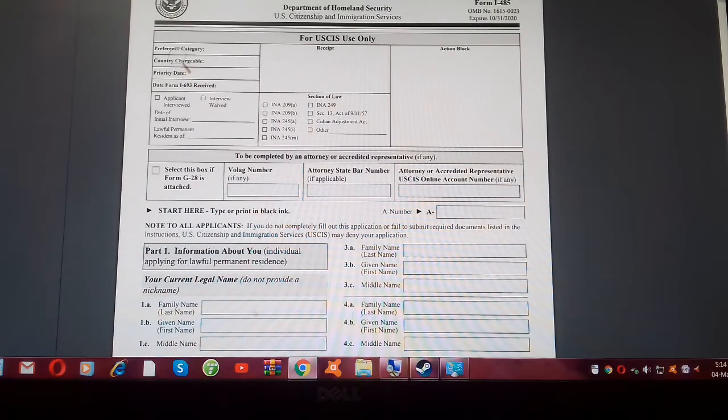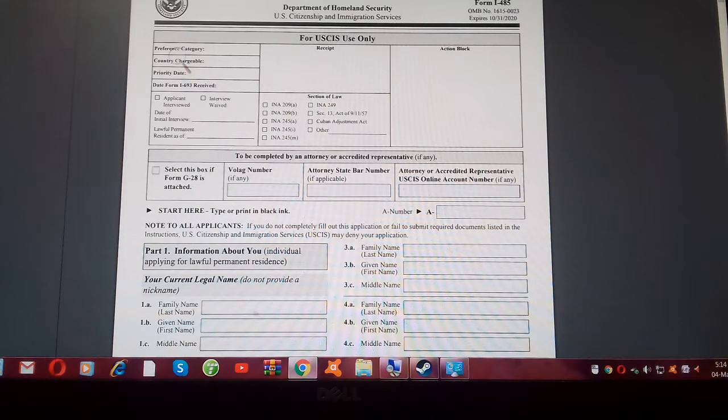Next one is the employment based immigration process. In this process also you will get the green card, but this is a very long process. 5 years it will take, right? And after that you will get citizenship also. Next one is the green card lottery. You can get a direct green card of the United States of America, but this is a very late process. It can take years also, but this is the green card lottery.